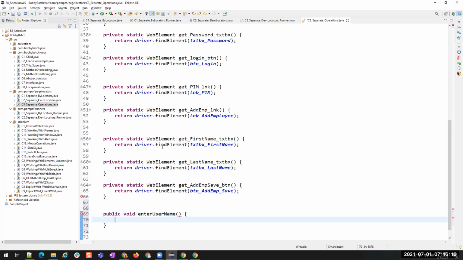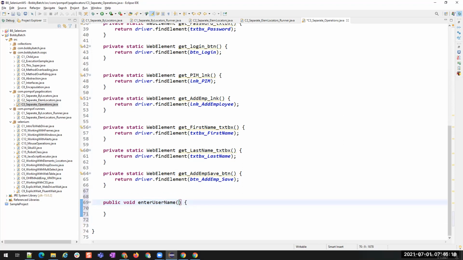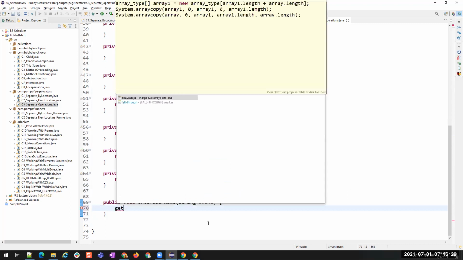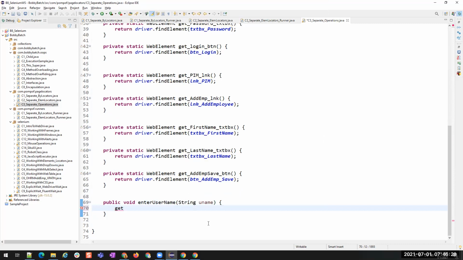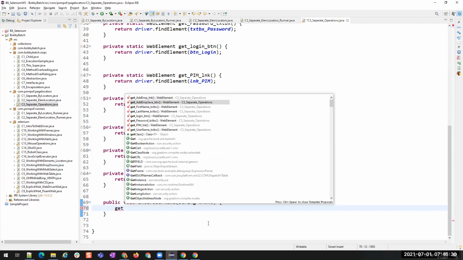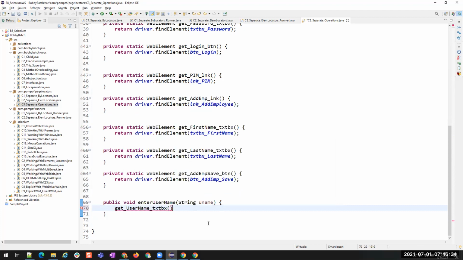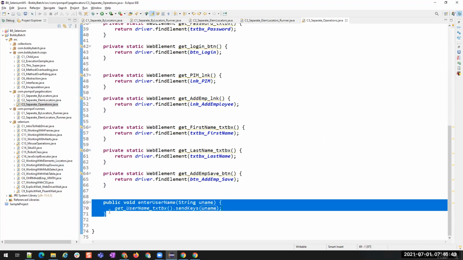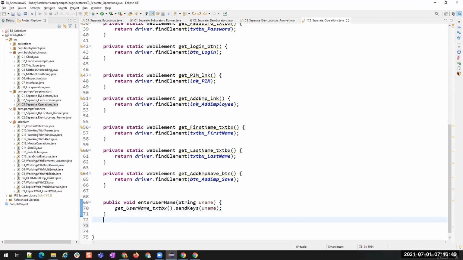And then for this, I have to pass a value, right, to enter a username. So I'm saying string uname. We already have a method for getting the username. Get username text box dot send keys of uname.